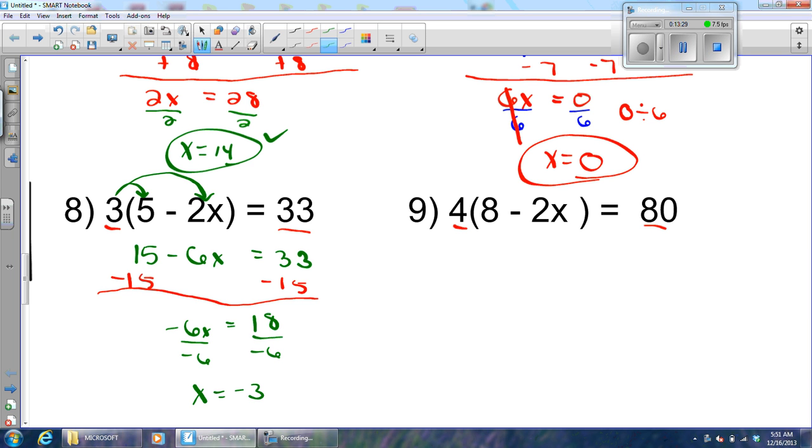Okay. If I put negative 3 in here, I get negative 2 times negative 3 is 6. 5 plus 6 is 11. 11 times 3, 33. Just kind of checked it in my head there. Okay, now on this one,